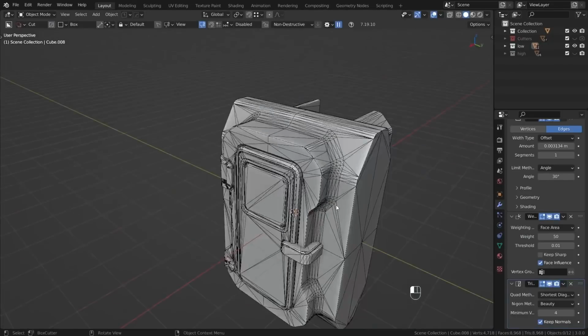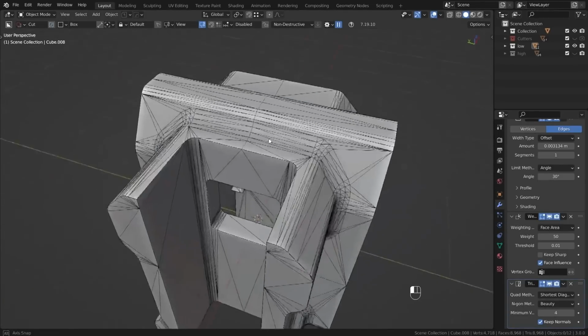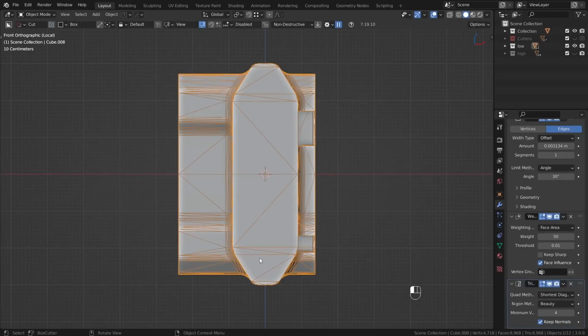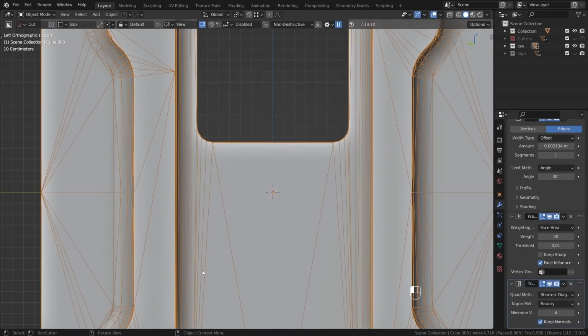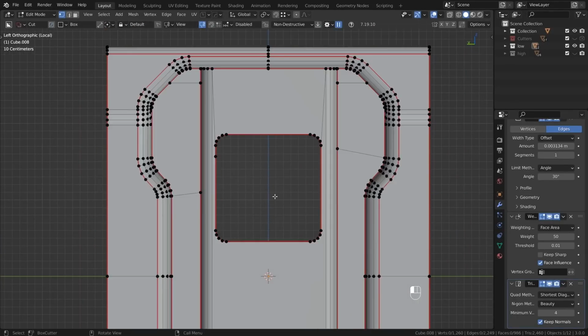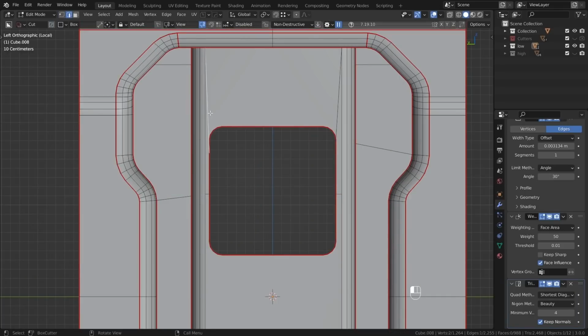Now, could we technically stop here? Yes, we could, but some of these triangulations are really stretched and just overall quite nasty, and they could cause some problems. So for example, look here in the back. Notice how much these are pulling down. What I like to do in these cases is to just reroute the triangulations a bit. So for example, I'm just going to run a knife cut from here over to here, and I can dissolve out these really far